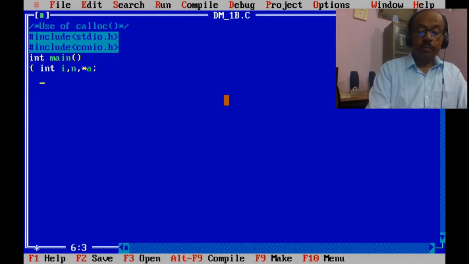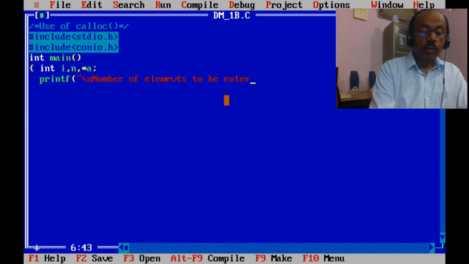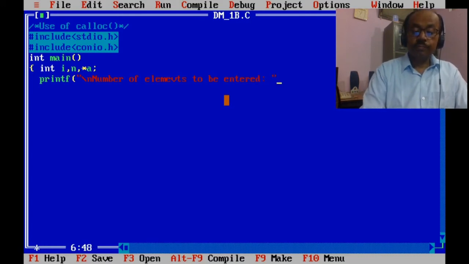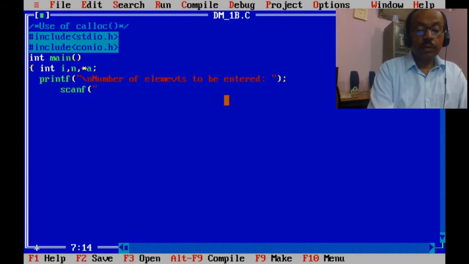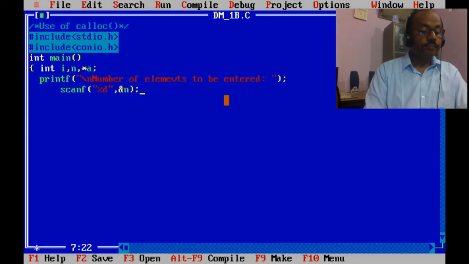Now enter a label: printf "number of elements to be entered". Scanf %d, &n.